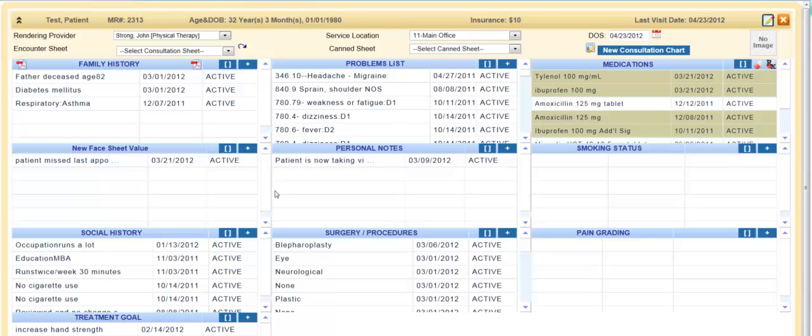Welcome to the overview of a patient chart guide. Here we're going to be talking about the chart before you go in and actually use the tools to begin documenting an encounter. As you see at the top, we have the patient's name, their MR number, their date of birth and age, the insurance information associated with this patient, their last visit date, and two options, one a pen